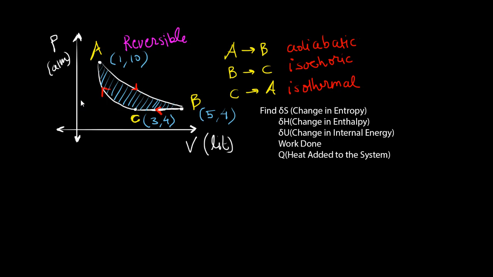We are given this PV diagram here, and this is a cyclic process. We are going from A to B to C and then back to A, so it's cyclic. And this is the area which is enclosed within that path. And this is of course reversible, because if it was not reversible, then we would not be able to trace this path at all, and that is because